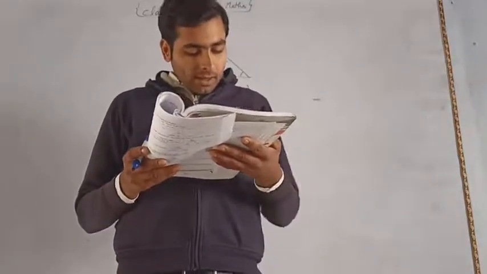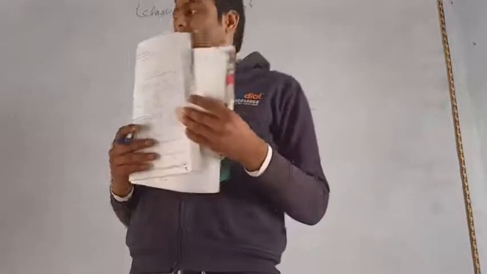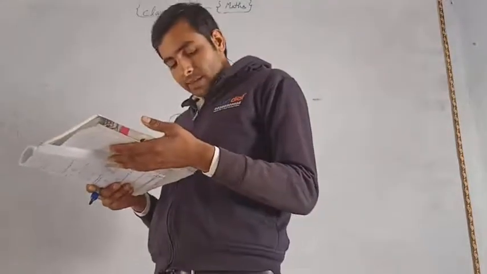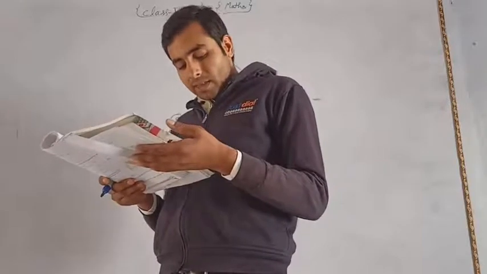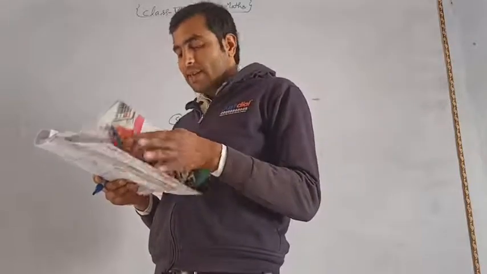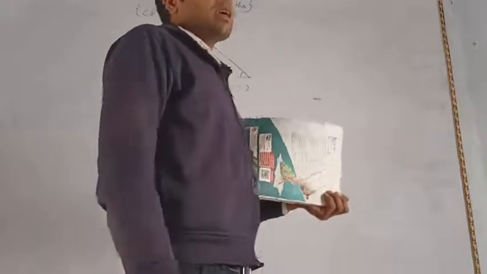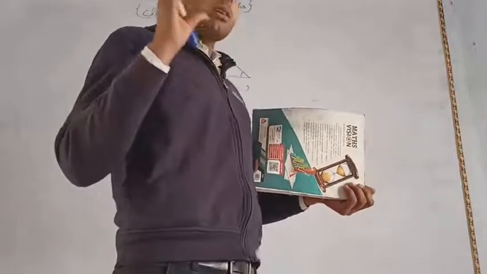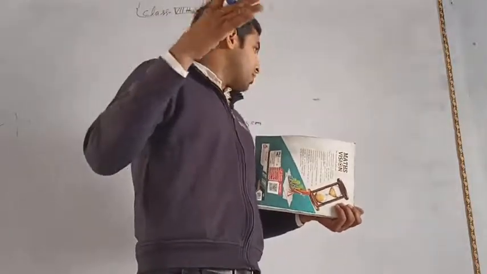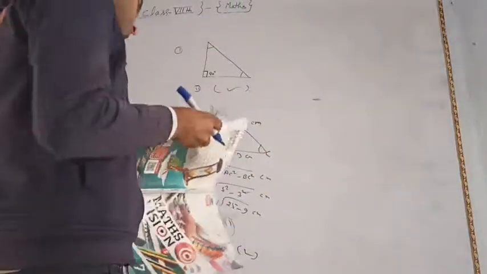Again, in part 3: the exterior angle of a triangle is equal to the sum of the two interior opposite angles of the triangle. Again, in problem number 4, you have to fill in: the sum of the lengths of two sides of a triangle is greater than the third side, then you can form a triangle. Otherwise you cannot form a triangle if the sum of two sides is less than the other side. So you have to fill in the fourth: greater than.